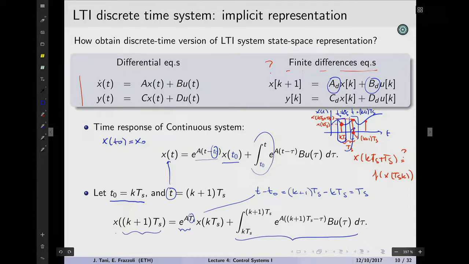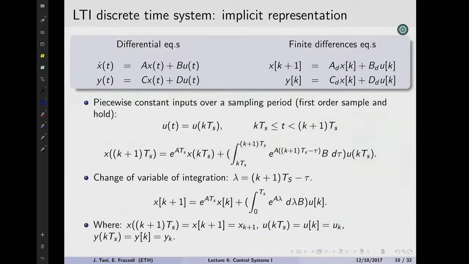One thing to keep in mind is that we made an assumption, right? We said, well, the way the computer works, or at least the way we're describing it now, is that the input signal between two consecutive time instants is kept constant. We have the sample and hold approach. So this is what is expressed here. So how does this help us in dealing with this second ugly integral on the right? It helps us because if u of kTs is a constant, we can bring it out of the integral, right? It's no longer a variable in time, so it's a number, and it's a number between two consecutive sampling instants, so we take it out of the integral.